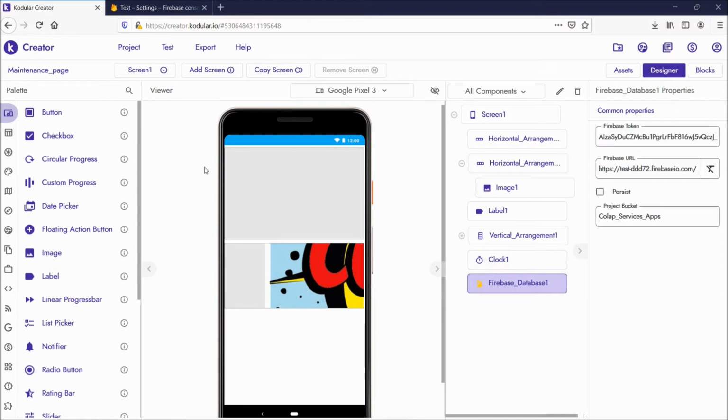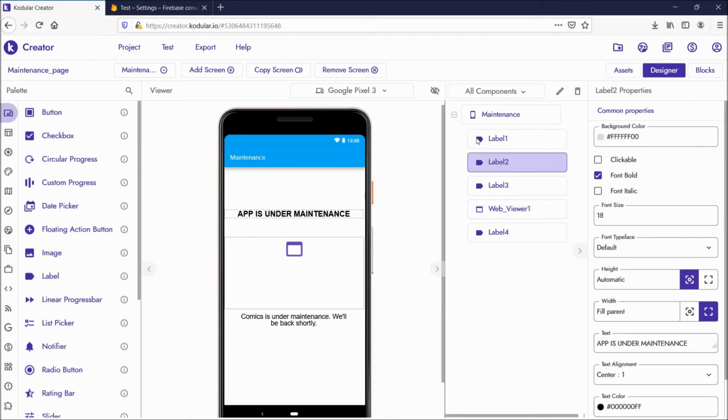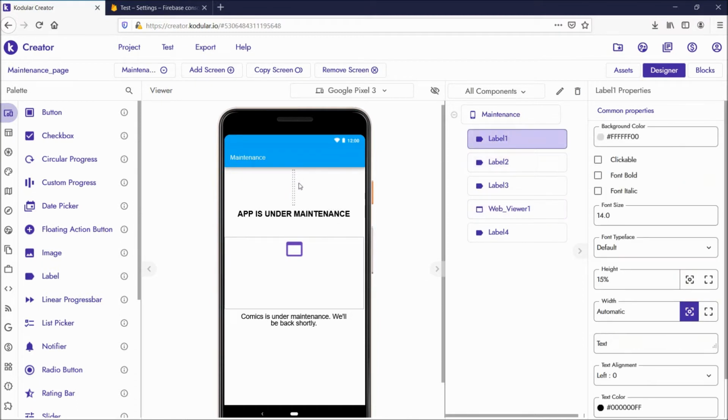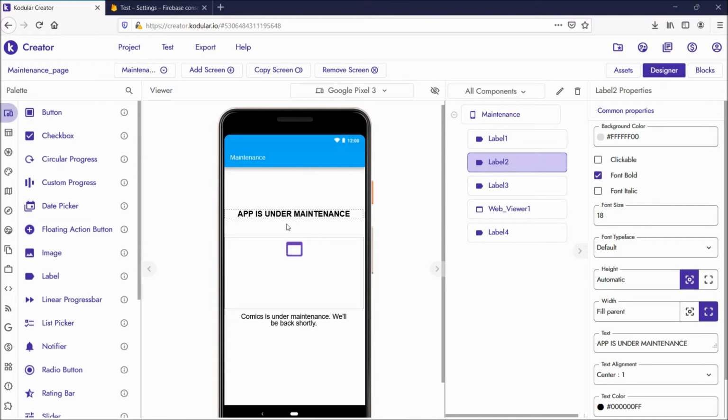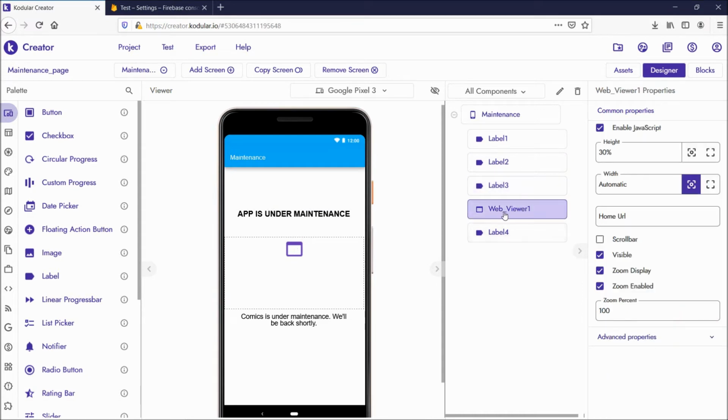First of all, let's discuss what screens we have. This is the start screen, and I have a maintenance screen here. Here I have given a label for spacing, another label for "App is under maintenance", and another label for spacing. And this is a web viewer. In this web viewer, I'm going to call a GIF image.